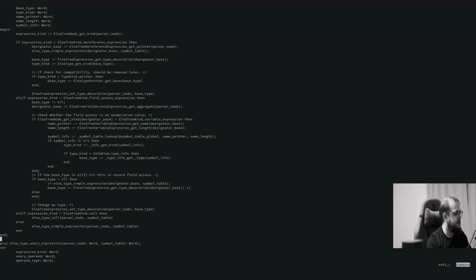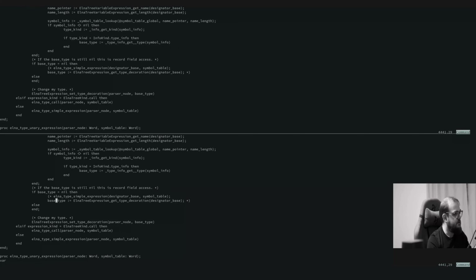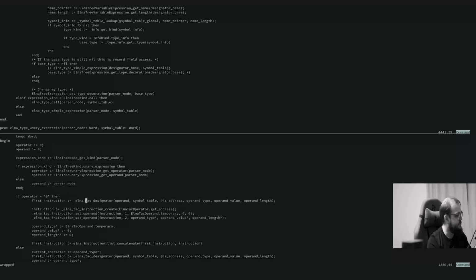And the second place where we use this thing is basically code generation, intermediate representation generation. It will be as well TAC designator,